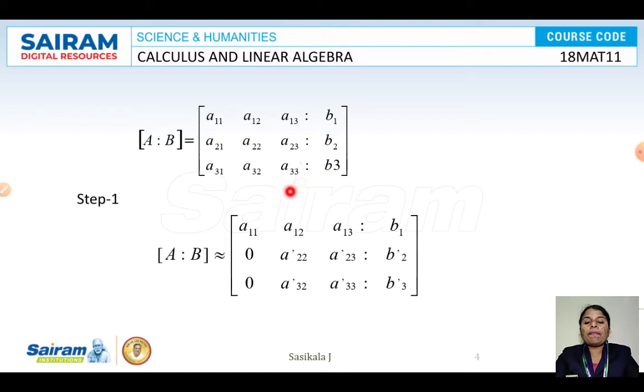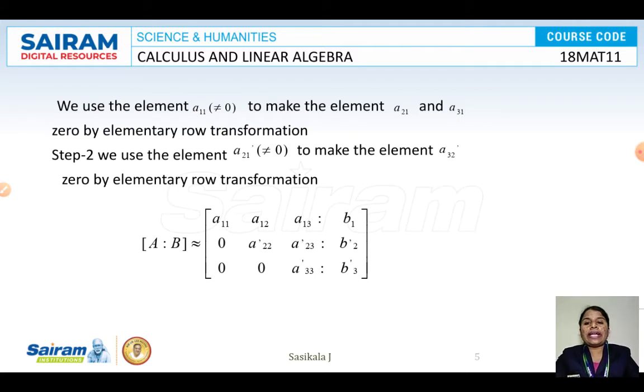In the first step, I am going to convert to 0 the first element of the second and third rows. For this we use the first row, first element. According to that value, you can convert these two positions to 0. If you convert this one to 0, then the entire row will change, similarly for this row also. So that is how the actual numbers change into the new row. That's what has been written as a22 dash. Similar for the third row also.